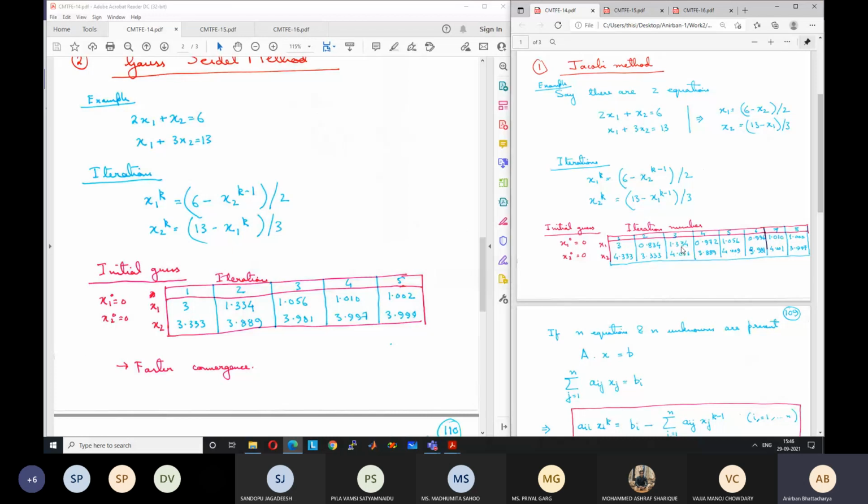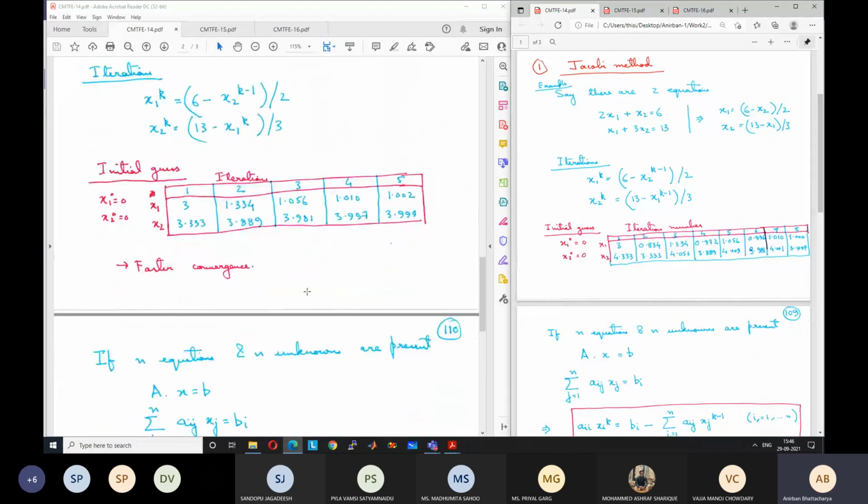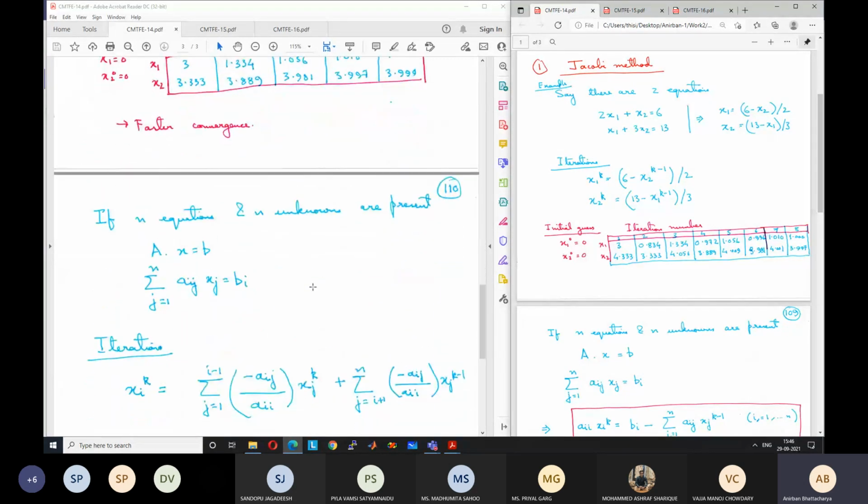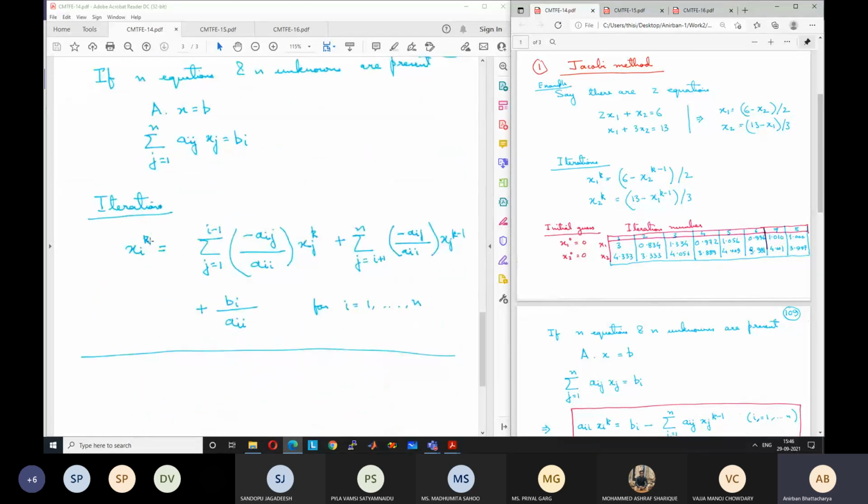And in general, we can write this in two parts. If I am writing the equation for the ith variable, I can take all the variables up to i minus 1. Why up to i minus 1? Because for all the variables from 1 to i minus 1, the values have been updated. So we will use the new values. And from i plus 1 to n, all the remaining variables, we will be using the old values because these have not been updated. Okay, and accordingly we can write our algorithm.